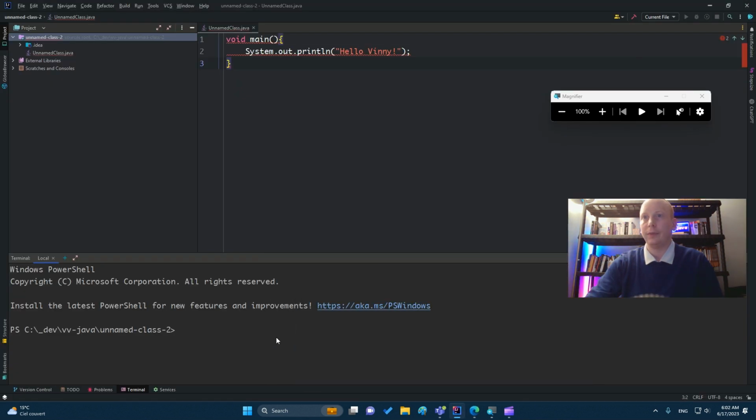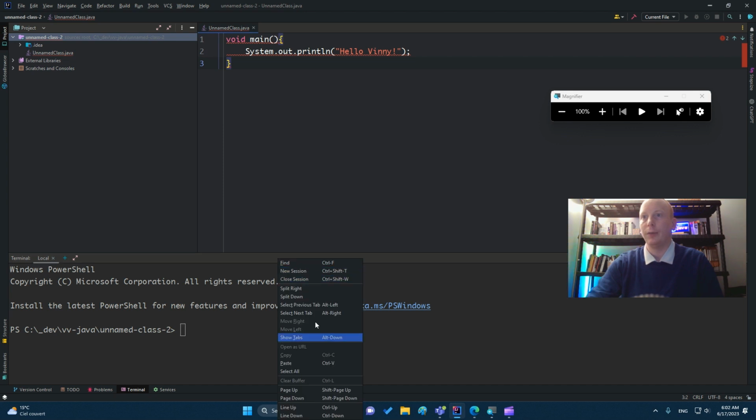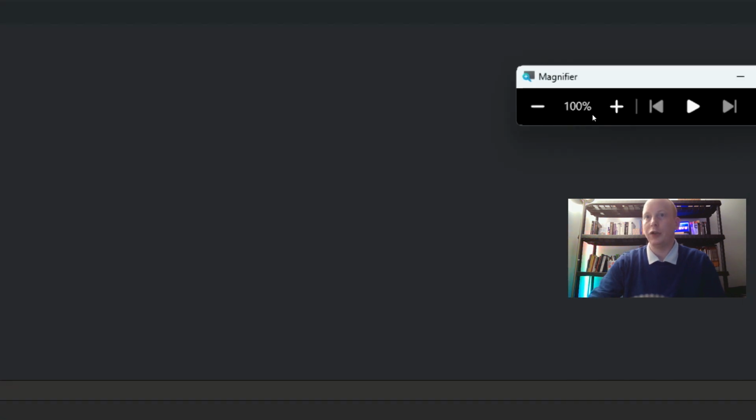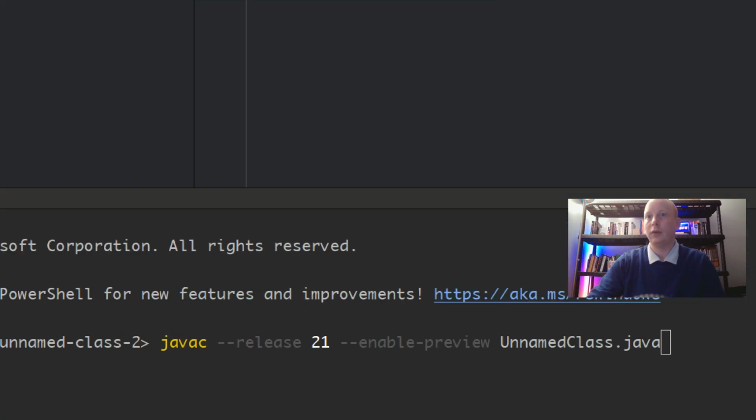Because IntelliJ doesn't, as I said, support this feature for now. And here I will put the class name .java. So this is the compilation statement.